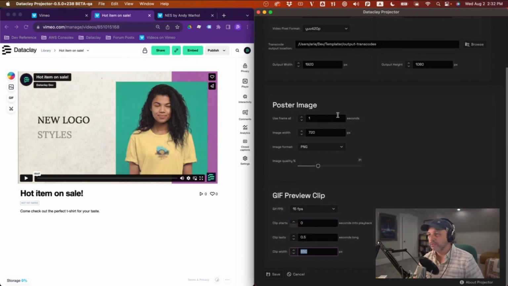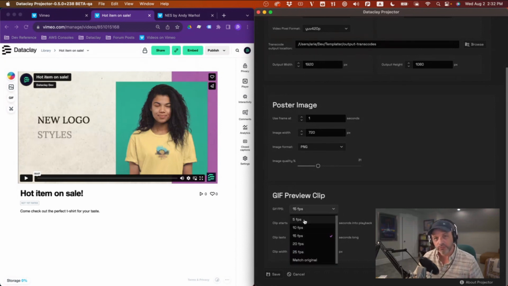The reason we have a lot of these settings available is because we know that y'all are creating content en masse, right? So if you have 1,000 GIF images, your storage becomes a real issue. It becomes a problem. You have to really figure out, can my S3 bucket support all this content? Can my Vimeo account at its tier support this much content, right? So that's one of the reasons why we have this.